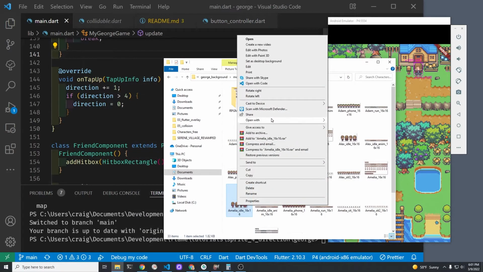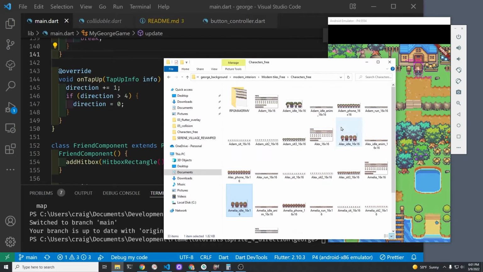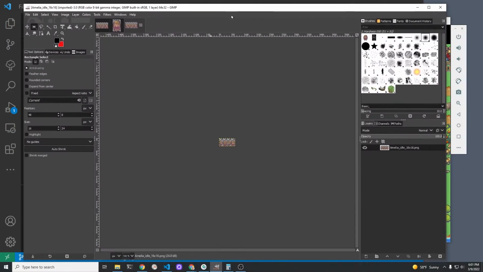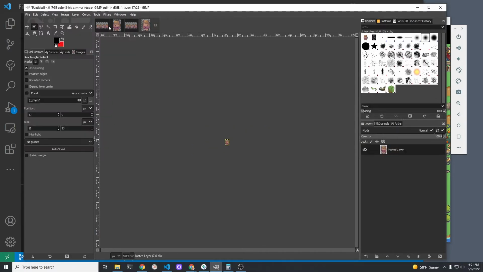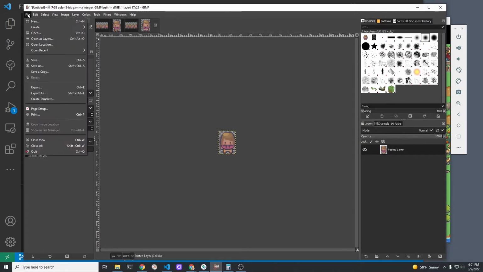Let's open her up in GIMP or some other image editor. We're just going to cut out that one cell to make it simpler. These icons are pretty small, so you might want to enlarge it in GIMP, just the view portion, and then use the rectangular select tool to copy it. So I'm using Control C, and then create new from clipboard, and you have this one small little icon here. Then export this as a PNG